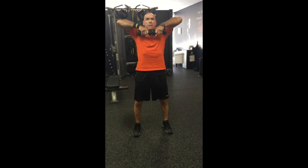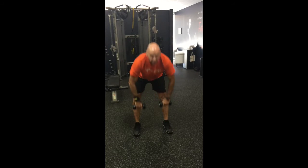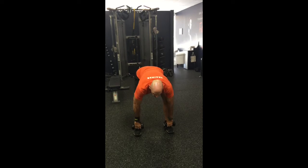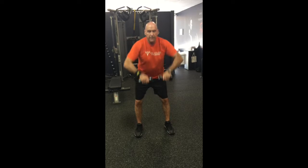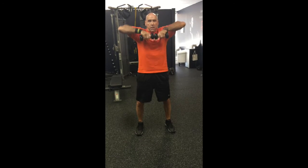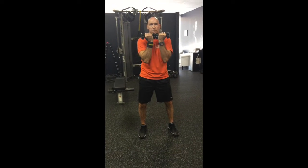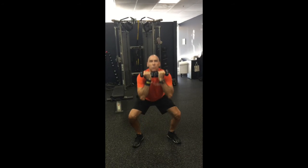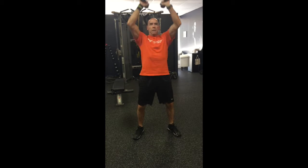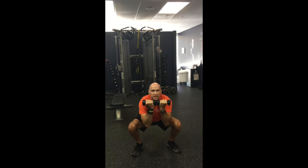We do about 10 to 12 of these, just loosening up the hips, shoulders, elbows, raise the body temperature a little bit. About halfway through, about 10 or 12 repetitions, we stop at the top, put palms towards us with the dumbbells, toes out just a little bit, and we work on the hip hinge with a little squat straight down, up, and press. Again, working on the hip flexibility, knee flexibility,